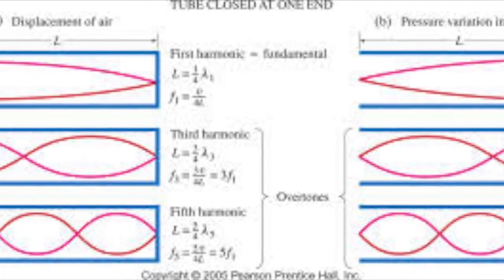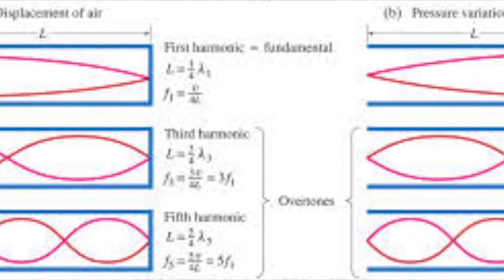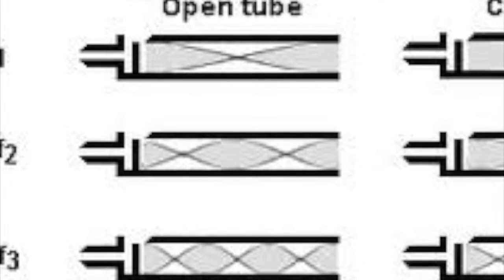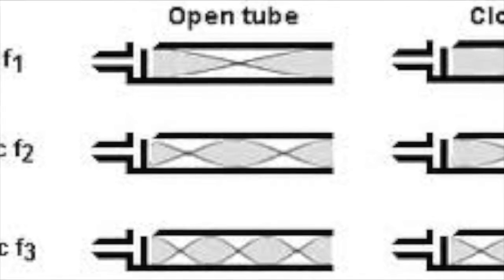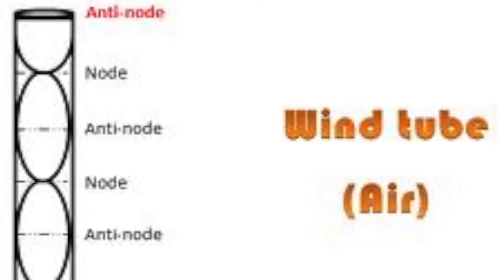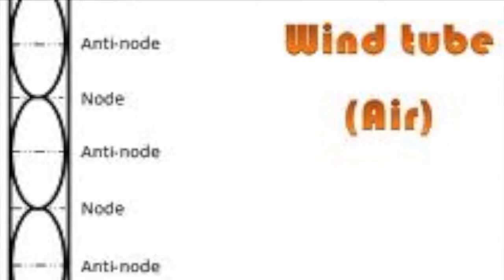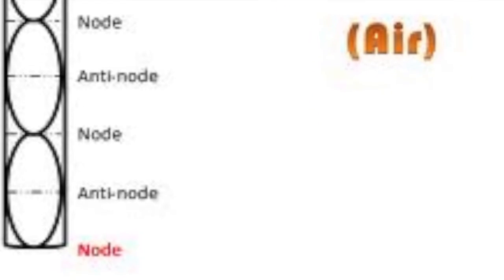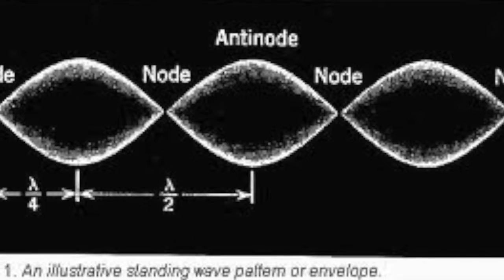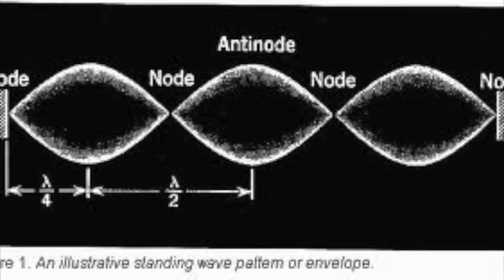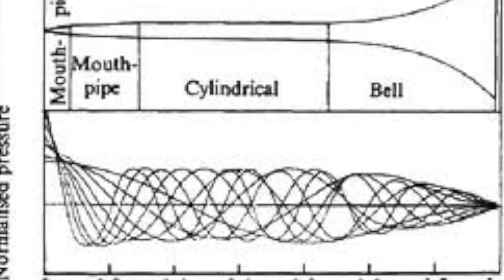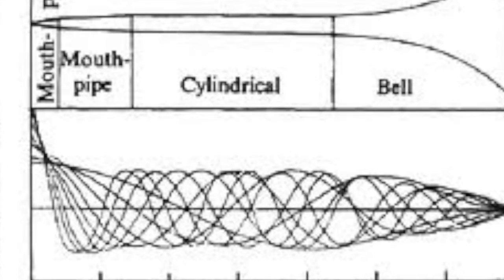Standing waves can also be set up in a tube of air, like in brass instruments and woodwinds. While some waves travel down the tube, others reflect back upwards, and these waves combine to produce standing waves. If both ends of a pipe are open, all harmonics are present. The equation for this is frequency equals harmonic number times the speed of sound in the pipe divided by 2 times the length of the vibrating air column. If only one end of the pipe is closed, only odd harmonics are present, and the equation is the same except the 2 changes to a 4.